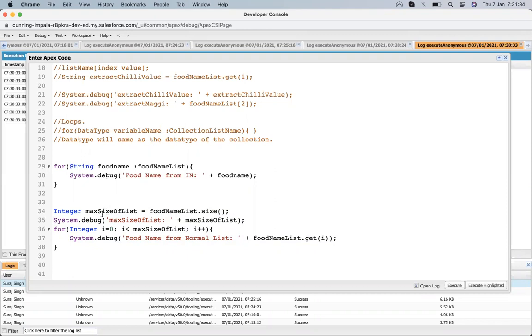It also helps us so that we don't have to declare too much, or we can use this thing to reduce the number of lines, but it's not quite usable usually, because this loop is totally dependent on the size of the list. Let me show you why we are using this one and why we are not using this.